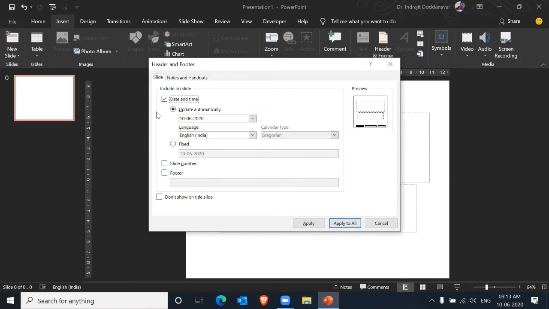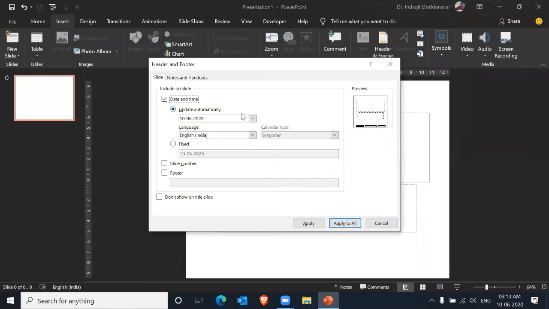So I select date. When I click on the date, can everybody see this change? This box became black. So I deselect the date and time, and you can see all the boxes are not black; they are outlined black. When I click on date and time, this particular box has become solid black. What does it mean? That date and time will come in this location on the screen. Okay, then you have got two things.